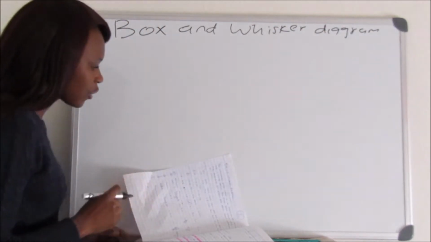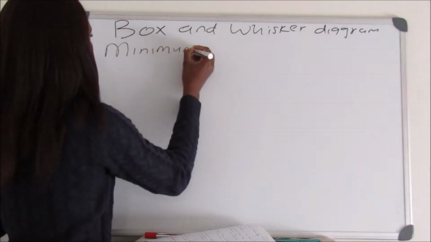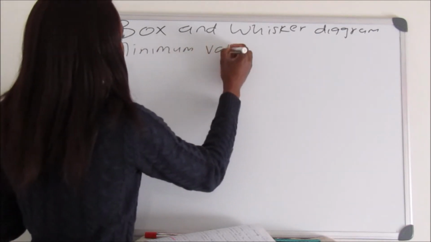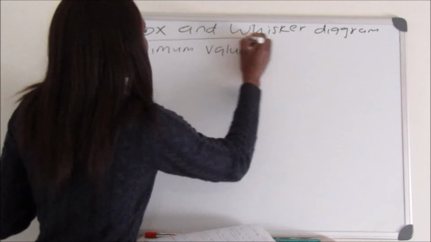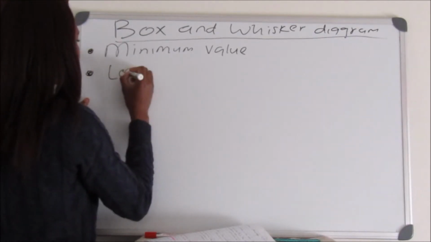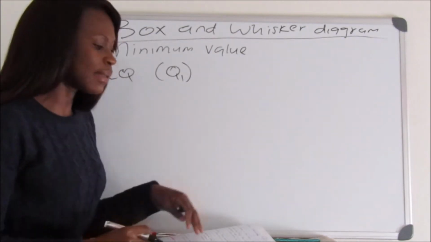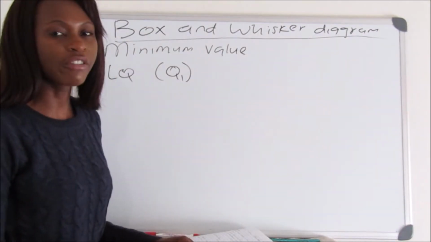In order to construct a box and whisker diagram, the first thing that you must find is your minimum value. A minimum value is the lowest number in the data set, and the next one is our lower quartile, which has a symbol of Q1, of which the lower quartile is the median of the lower half of the ordered